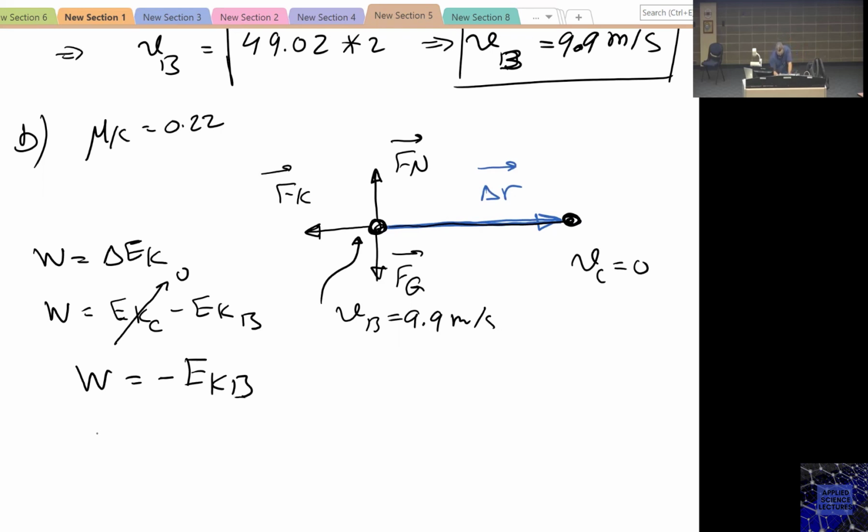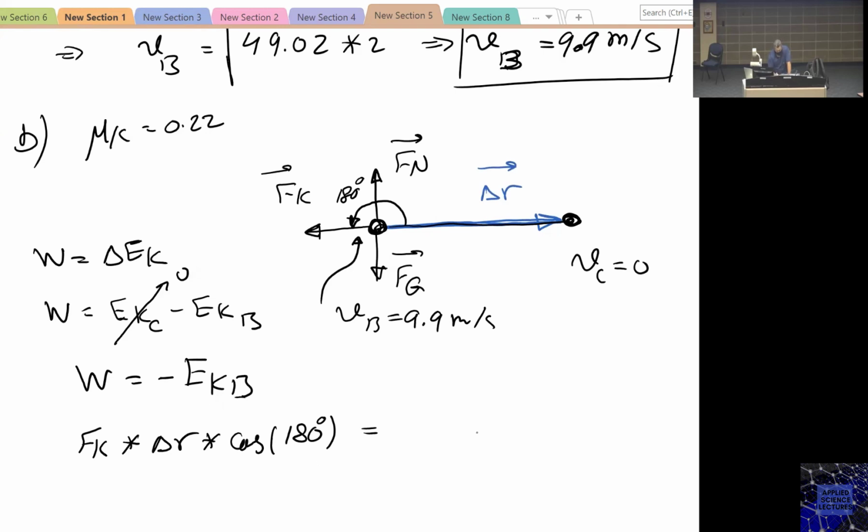So W is Fk magnitude times delta R magnitude times cosine. Can somebody tell me what is the angle between the displacement and the frictional force? 180 degrees, right? So this is 180 degrees